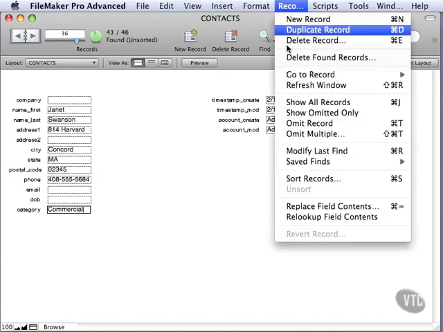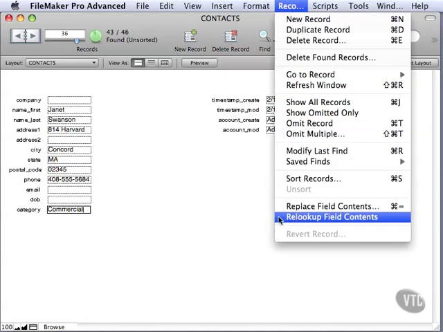Let's go up to the Records menu and choose Relookup Field Contents. Now, Relookup Field Contents is going to require some more background. It's not as straightforward as Replace Field Contents. It requires a relationship, which we haven't covered yet. But I'm going to describe how it works, or at least how a lookup works, and then we can describe